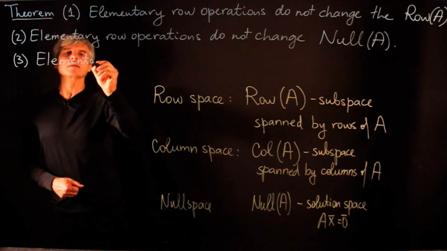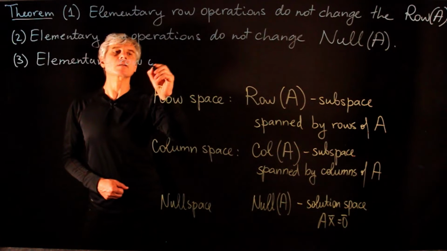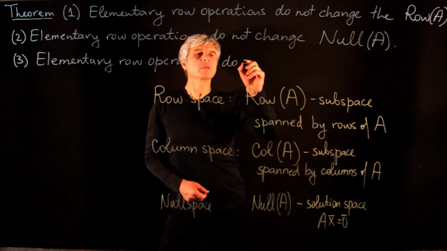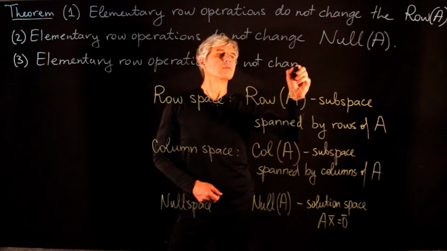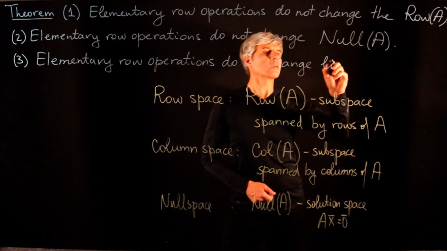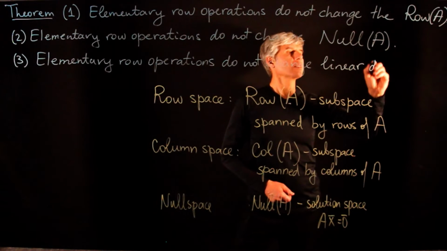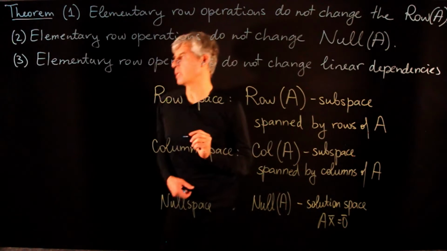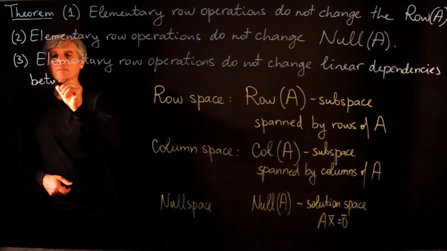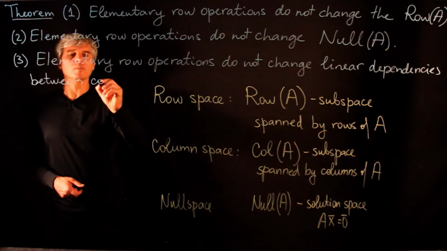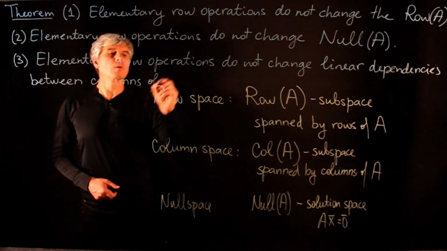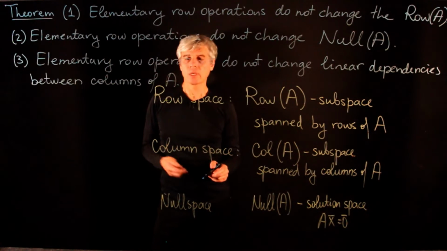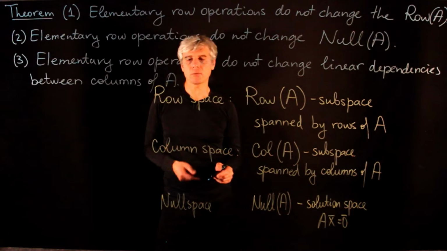Elementary row operations do not change linear dependencies between columns of A. Now, what this theorem says is that when we apply elementary row operations to a matrix, then